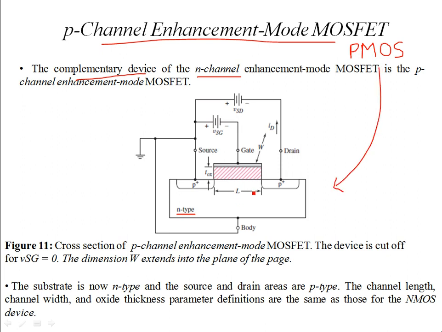So for a given channel width of W, this W is into the plane of the slide, and then you have the length of the channel given by capital L. These are the geometrical parameters of a MOSFET, which are in the order of microns. It's a small device. So if you apply the gate voltage such that the plate will accumulate the negative charge, and since this n-type material consists predominantly of free mobile carriers, you will have the negative charge at the bottom of